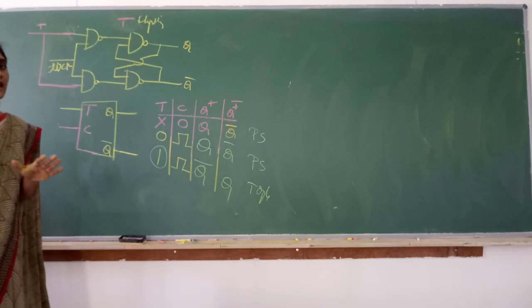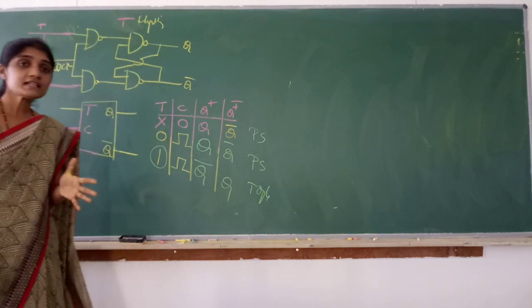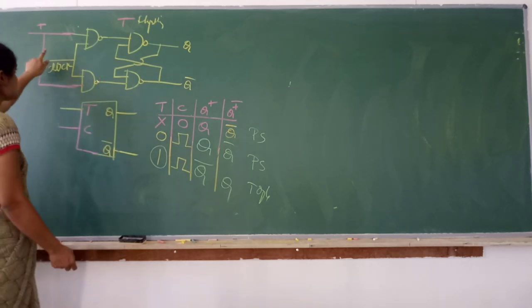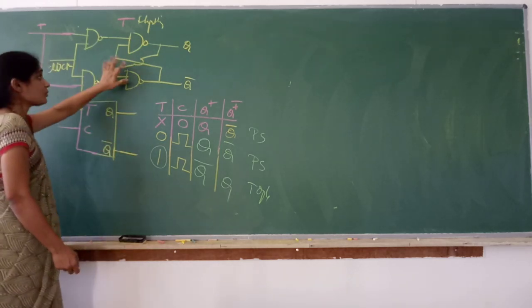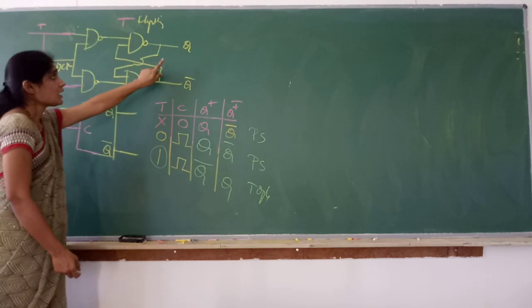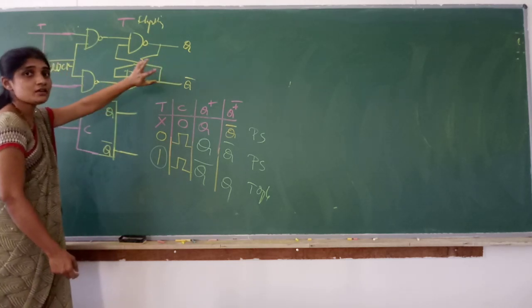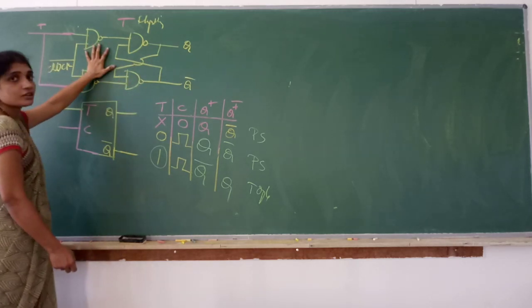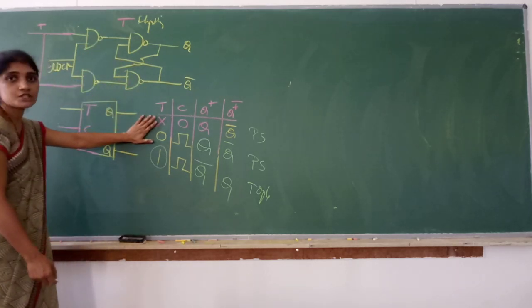Again, I did not analyze the circuit of all the 4 flip-flops. You can just try giving T as 0. Just check what happens to the output. Assume Q as 0, Q bar as 1. Assume Q as 1, Q bar as 0, check both the conditions. You can analyze the circuit, definitely you will get this function table.